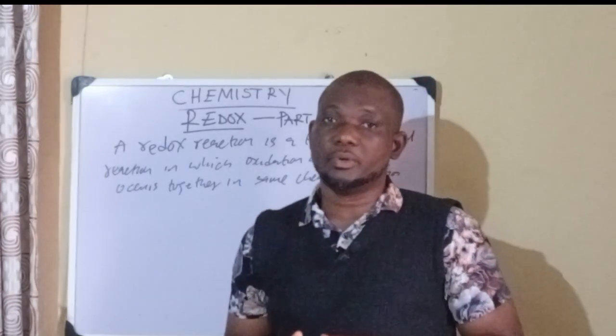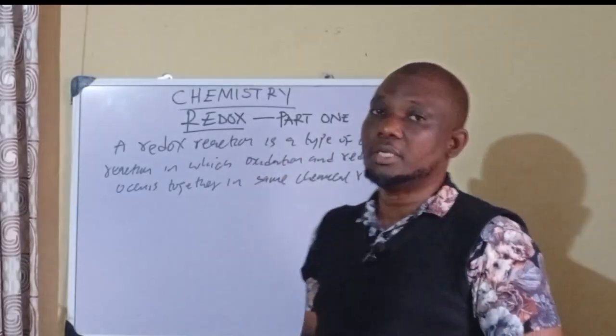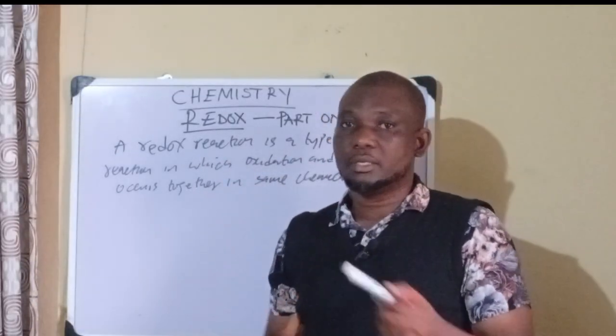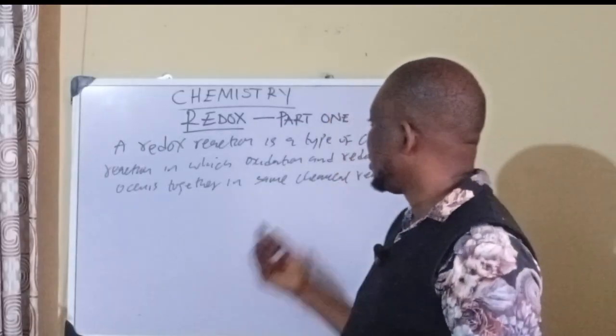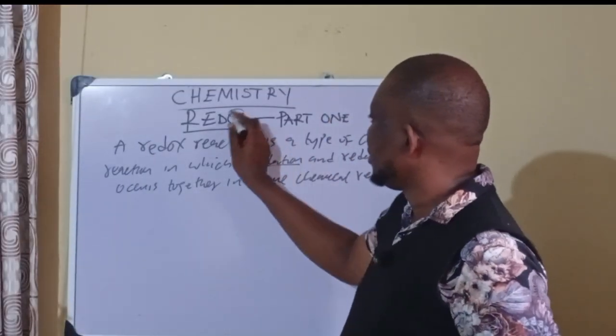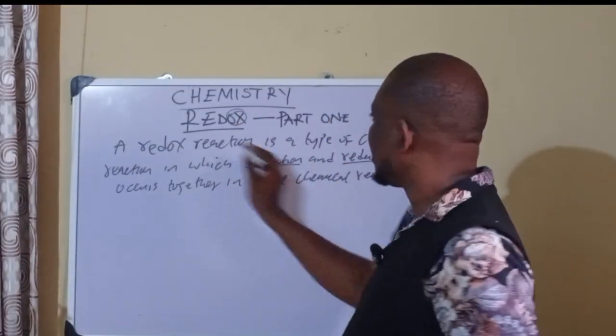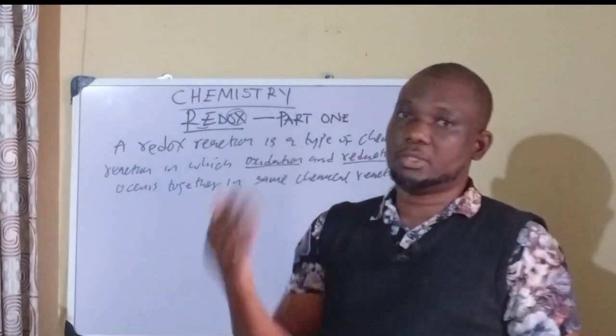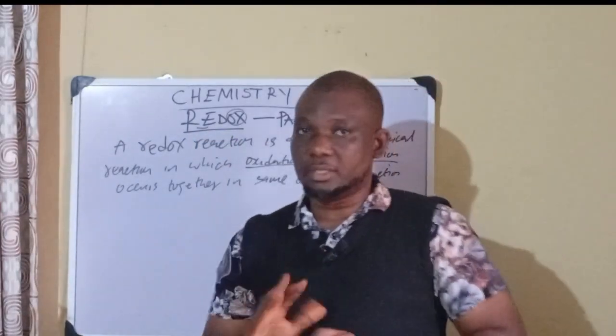So you may want to pause the video and get to see. Any reaction in which oxidation and reduction are taking place together simultaneously, the reaction is redox. So any reaction in which a species is reduced and at the same time another species is oxidized is a redox reaction,